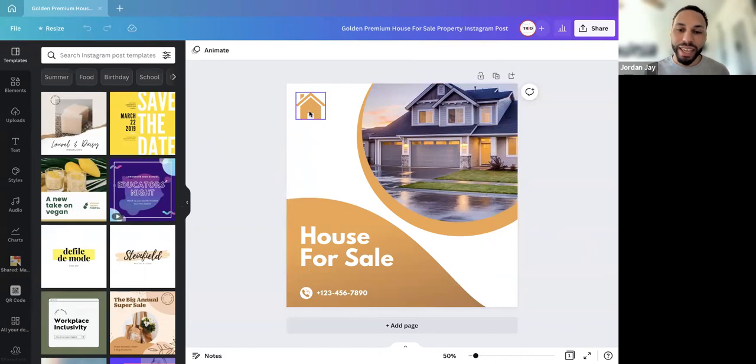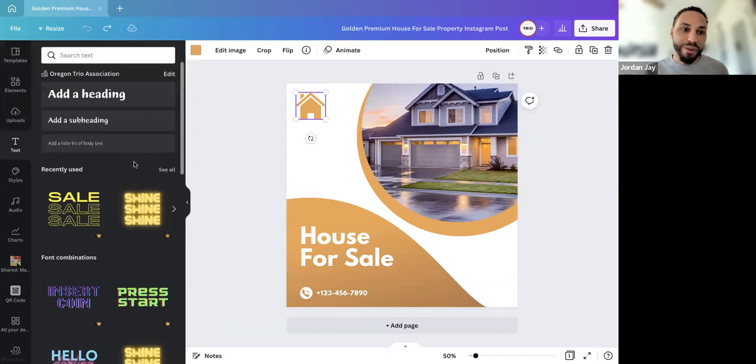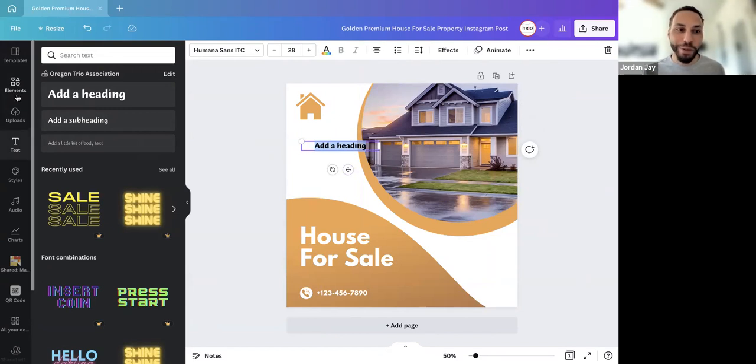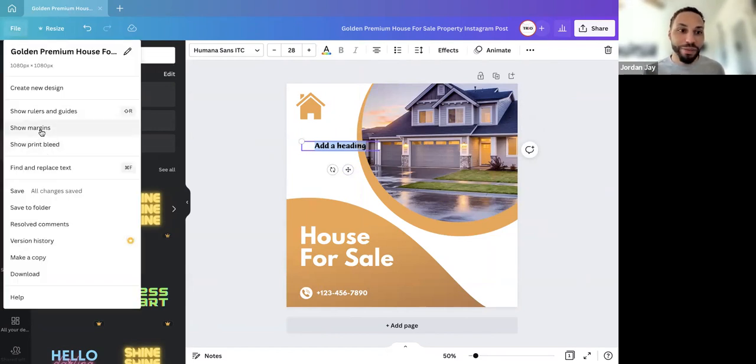And so when I would be putting in text, I would not know whether I was in that prime square or not. And sometimes I would be out here and it just wouldn't look as good. And I noticed once I would have the margin showing and have access to that view, my content got so much better. So I recommend just putting the show margins on. That is just a great tool in there.